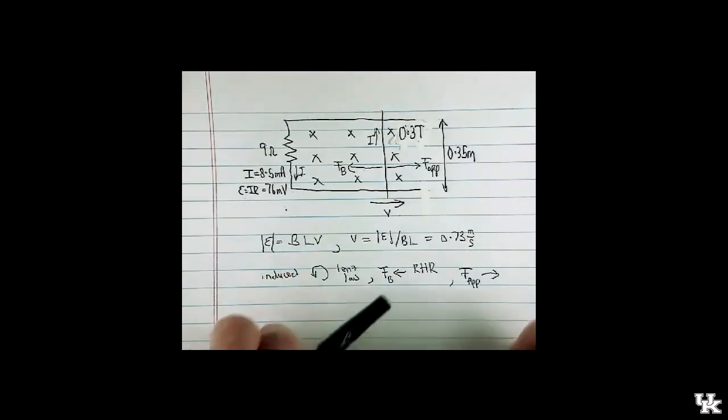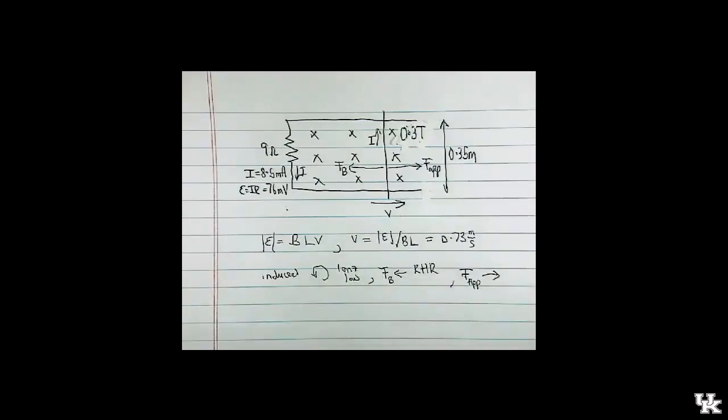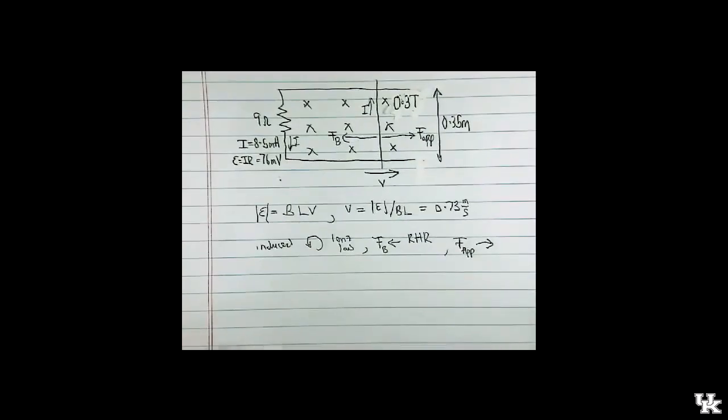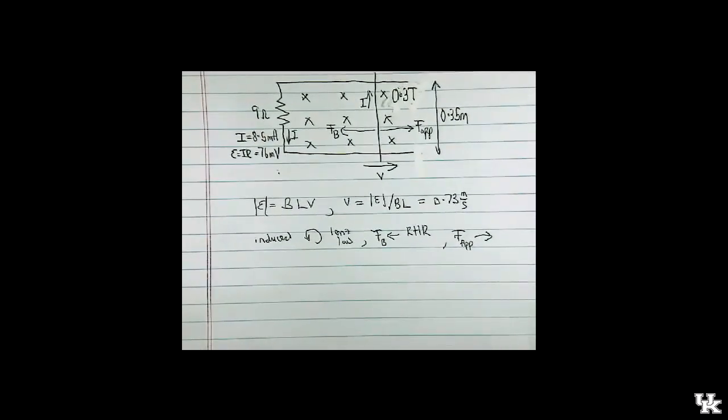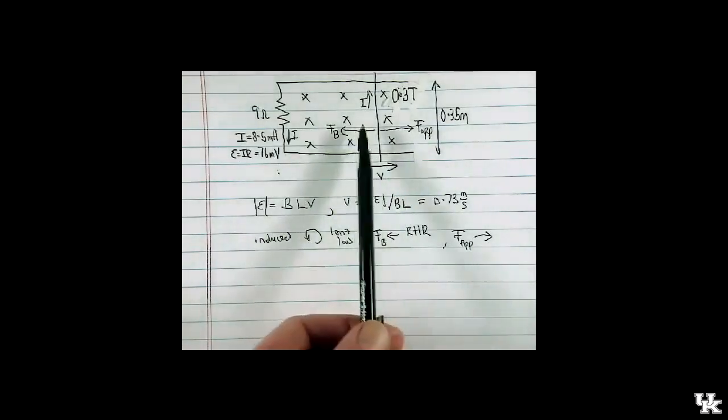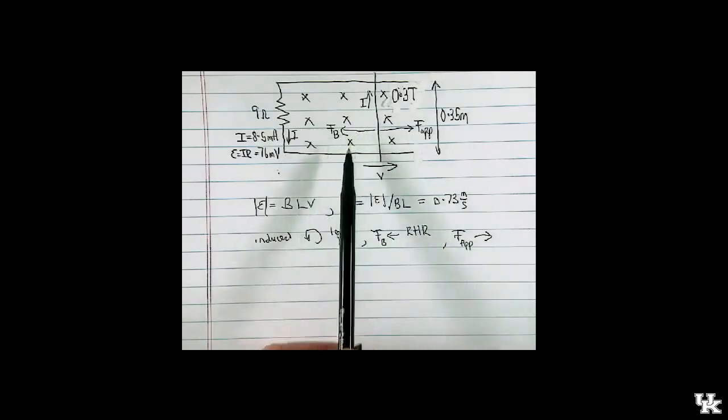And so that was a whole sequence of arguments that have told me that I need to push towards the right to overcome a magnetic force towards the left, because the induced current is creating a magnetic force because it's bathed in a magnetic field. Okay. So now we've defended the sketch, right, with the magnetic force towards the left-hand side and the applied force towards the right-hand